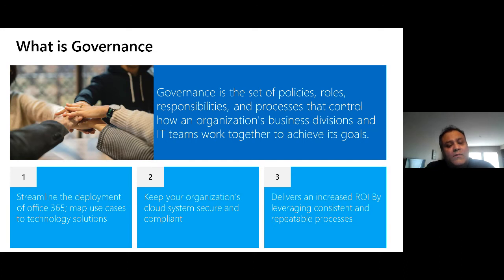What do I mean by that? You need to be able to map use cases of exactly what technologies you are going to use for what business problems you're trying to solve, so that you can then appropriately turn on and off features and appropriately govern